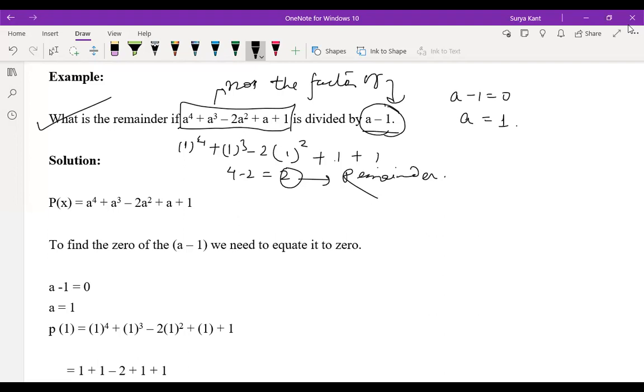Okay, sir. So these both theorems I told, take it up with only one example. What is factor theorem? What is remainder theorem? Remainder means first you take your divisor equal to 0. That value you put in the dividend. Whatever it is coming, that is your remainder. If remainder is 0, then your divisor polynomial is a factor of your dividend. That's it. Hope it's clear to all of you.